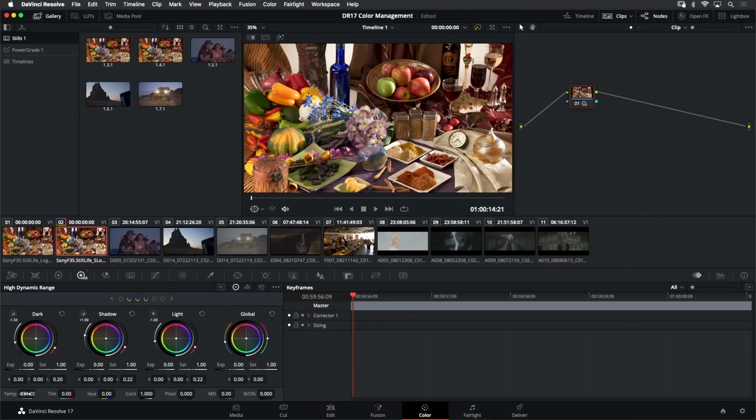And let's go a little bit further even so that it's quite easy for us to see. So there's a good example of an adjustment that really benefits from being photographically accurate and allows me to be more objective and precise in my adjustment instead of feeling my way through things with traditional color correction tools.